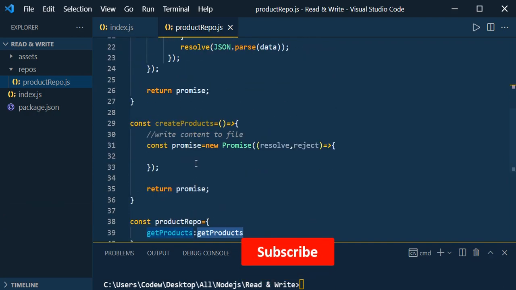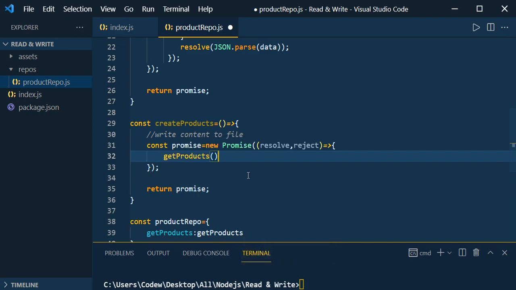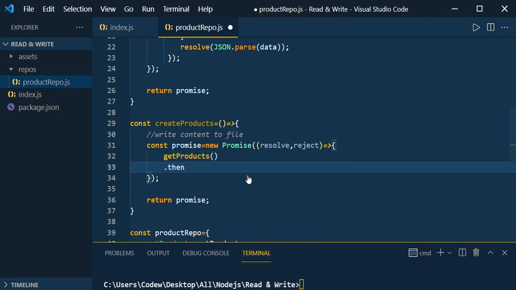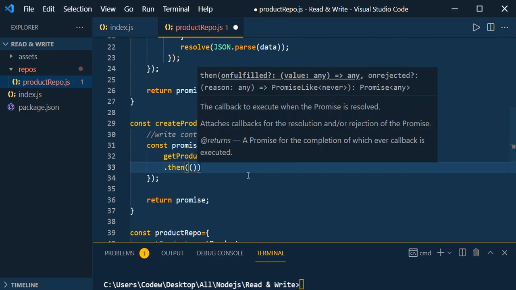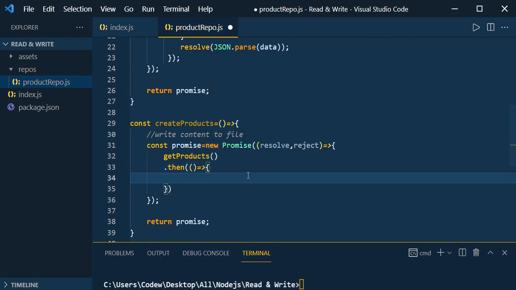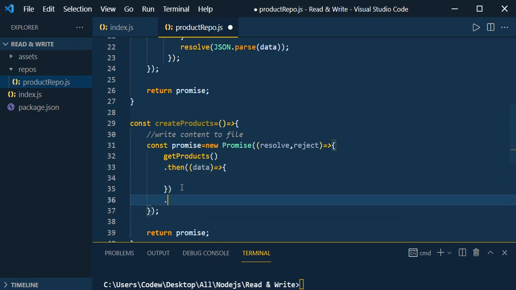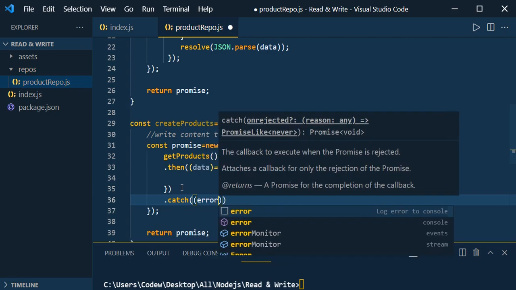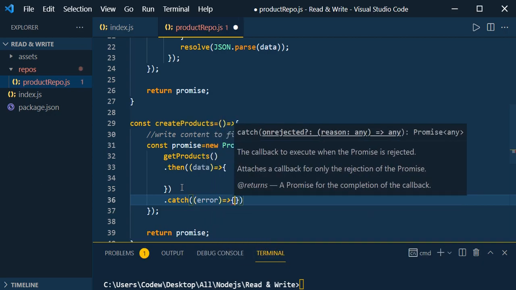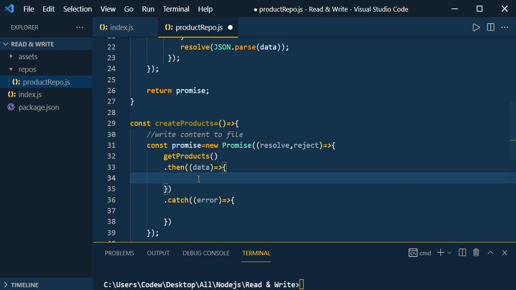So let us implement that one here. So getProducts and call the then method, and in that we are going to get the array of JSON data. So data, otherwise we are going to get catch error. So same thing, and here we need to implement the logic to write the code.